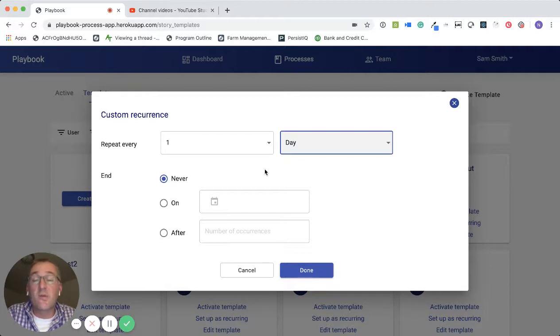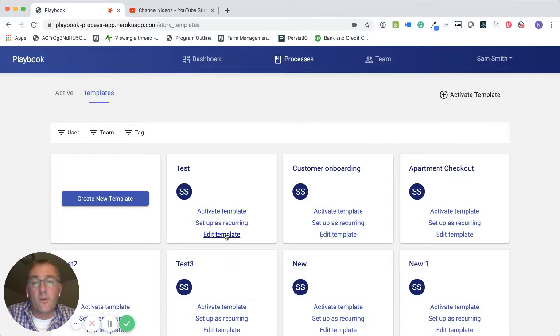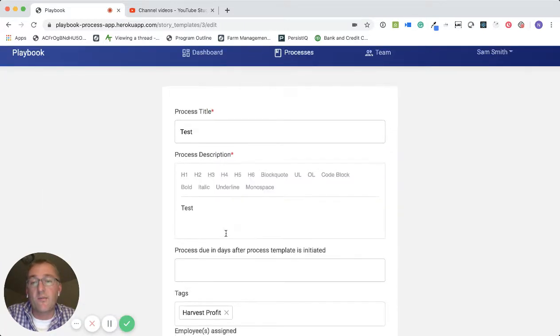Also, let's say I set up a custom recurring schedule for this process, but then I want to go in and edit that process. We want all of the future iterations of that process to have the edits reflected in them, so we built out the logic for that. I think we've probably spent about 4 days on this, and we can now edit our process templates.